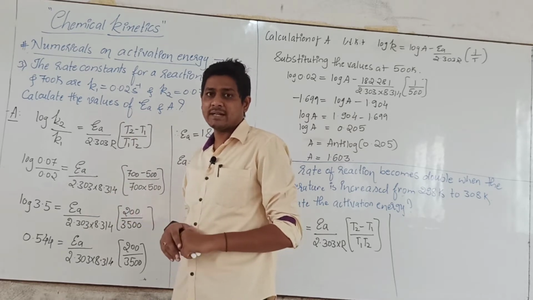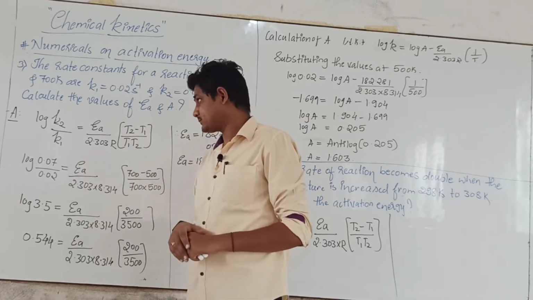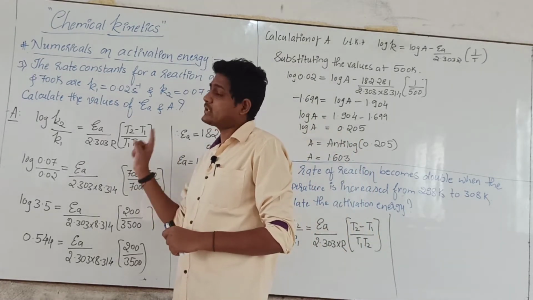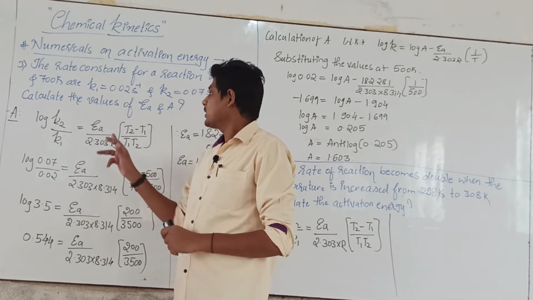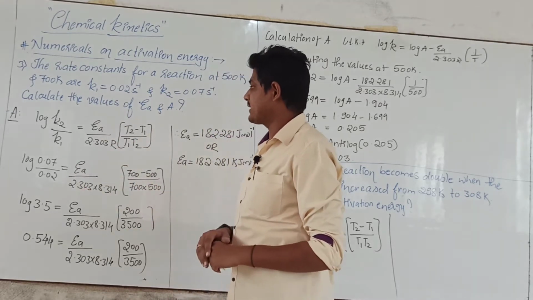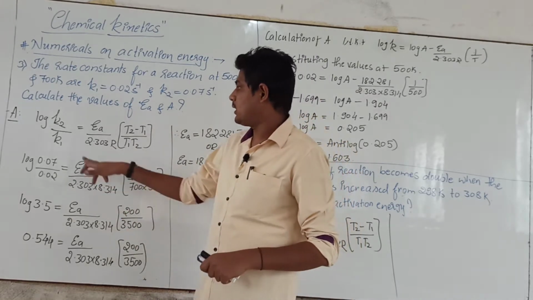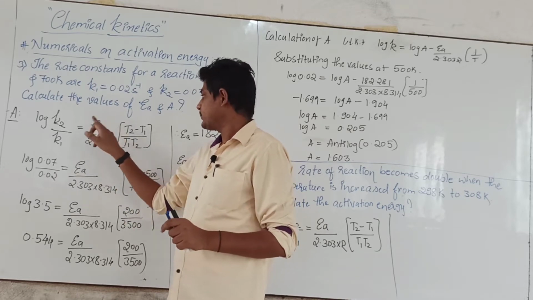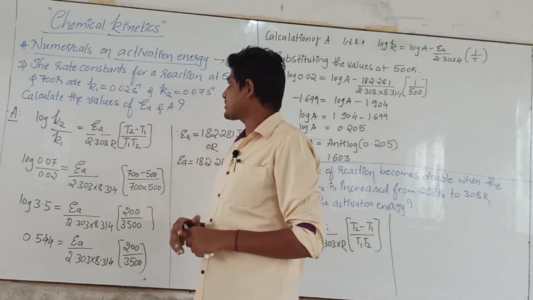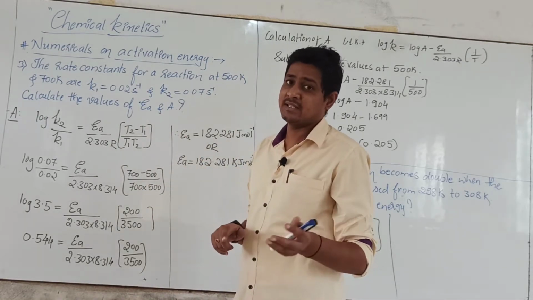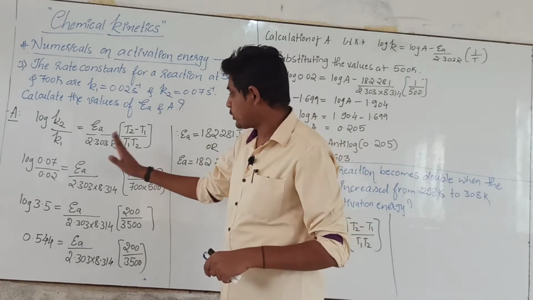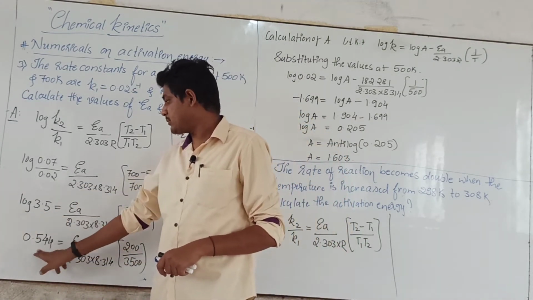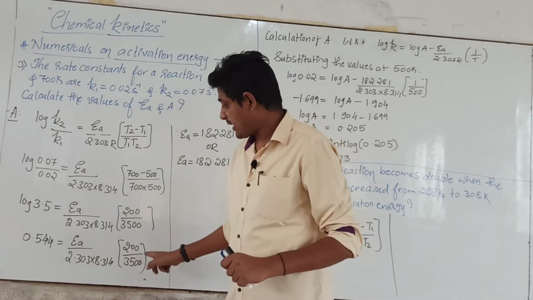So how do we calculate the activation energy? This is the modified form of the Arrhenius equation from which we can calculate the activation energy. So this is the formula. Whatever is given, you substitute those values. K2 is given, K1 is given, activation energy is unknown, R is given, and both temperatures are given: 500 Kelvin and 700 Kelvin. So substitute the values. This will become log of 3.5. On simplifying, it will become 5.44, and everything else I have kept as it is.